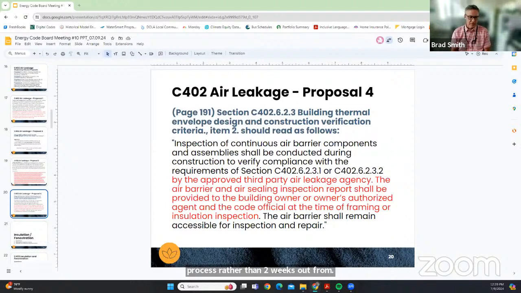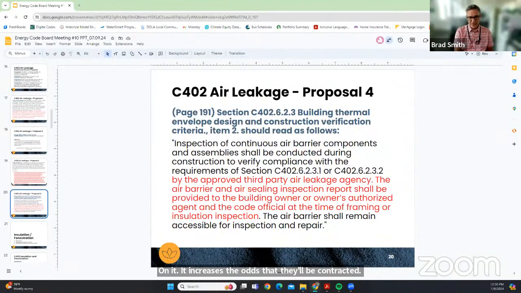A builder or a developer reaches out to an air leakage test firm and says, hey, the city's requiring that we do an air tightness test on this building, come out. And at that point, the air leakage test firm has not had eyes on the building at all. So if at time of framing or insulation inspection the code official or a building inspector can ask for the air leakage test agency's report, it increases the odds that they'll be contracted much earlier in the process.